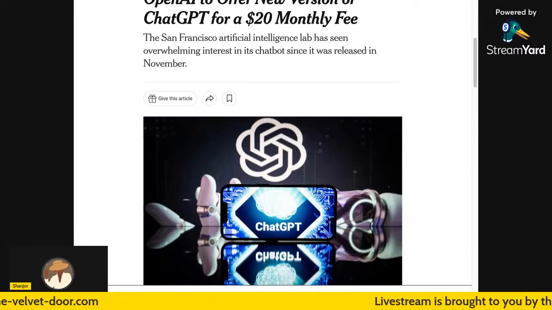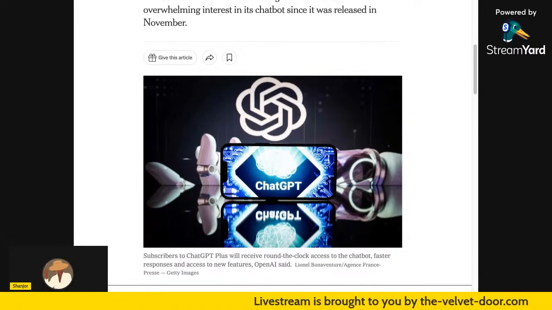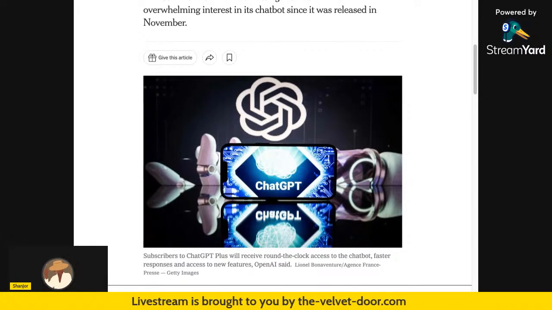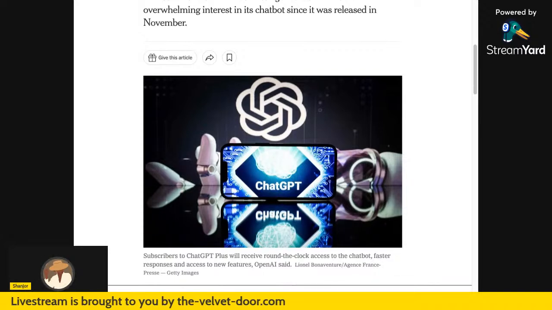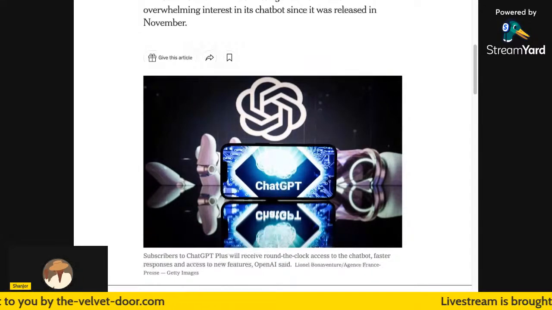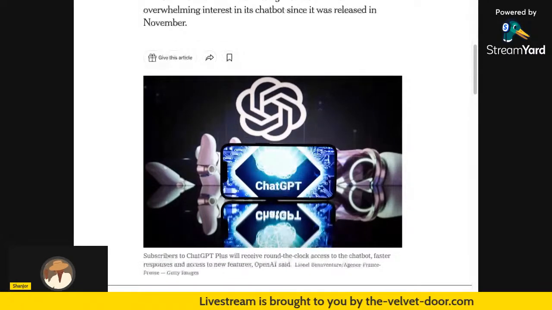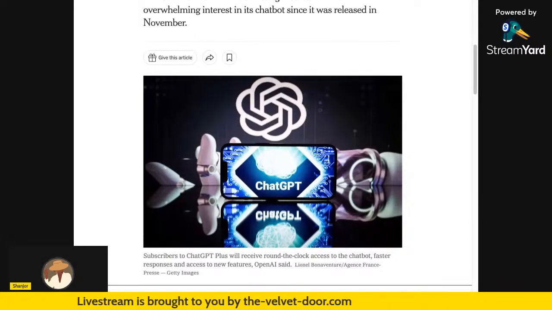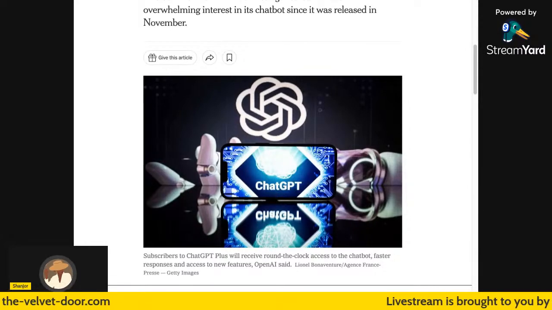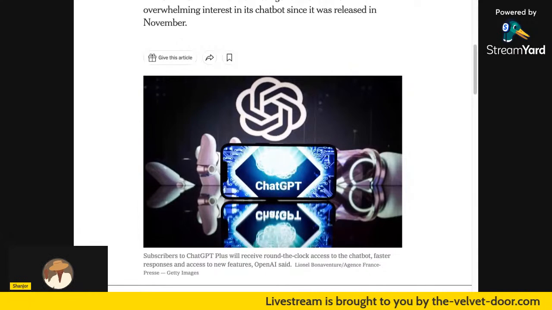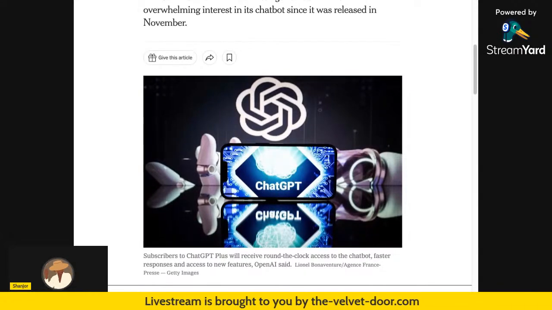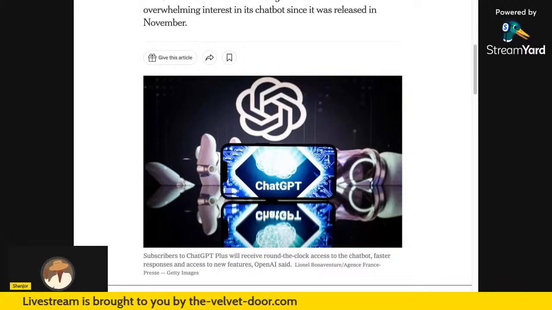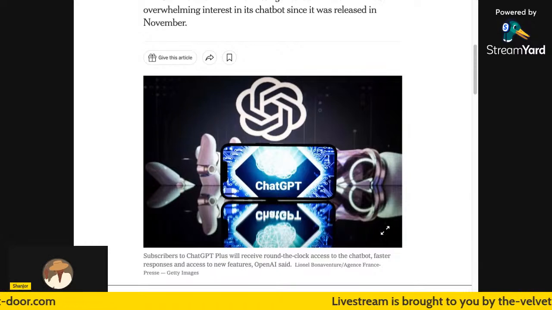the nonprofit OpenAI Inc. The company was founded in December 2015 by Elon Musk, Sam Altman, Greg Brockman, Ilya Sutskever, I might have pronounced that wrong, Wojciech Zaremba, and John Schulman. Woo, them names, child. I try to pronounce them names the best I can. But as you guys can see, Elon Musk is definitely behind ChatGPT. He's definitely one of the founders of OpenAI. And I'm going to show you what OpenAI looks like. Let's take a glimpse at the website right now. Let's see if I can actually get it open for you.